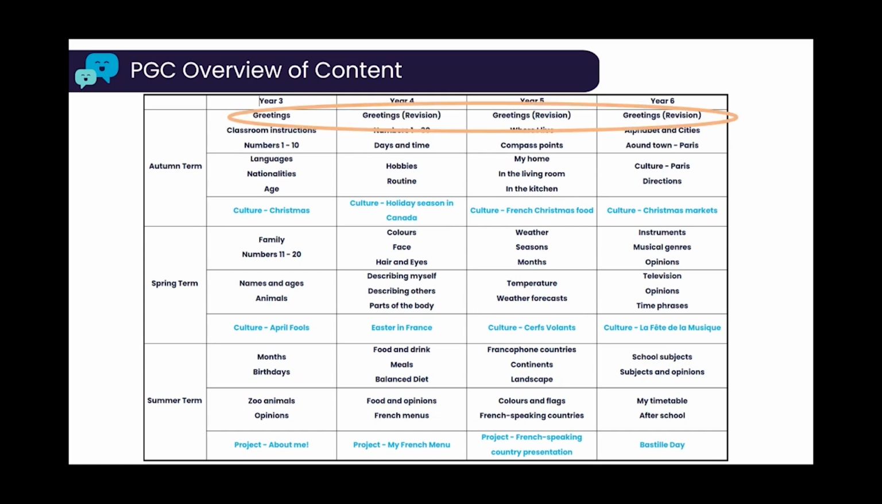You'll be able to see that every single year group starts the autumn term with a greetings lesson. We know that not every year 5 teacher will have taught the year 3 or year 4 content, and you might also have children joining you from other schools where they were taught another language or didn't learn languages at all. So we think it's really important to go over that greetings vocabulary, the hello, how are you, all of those items at the beginning of the year,